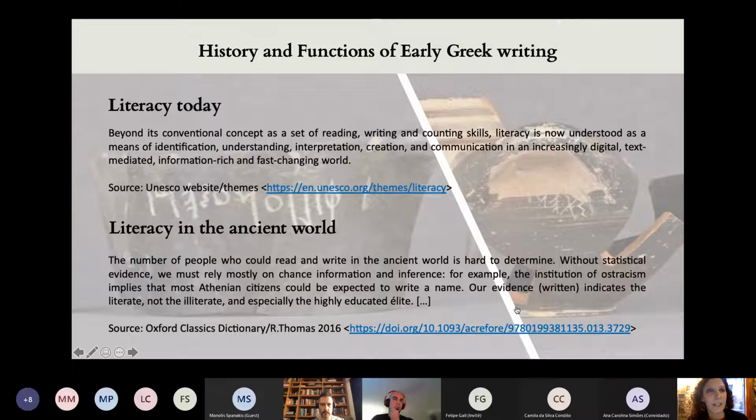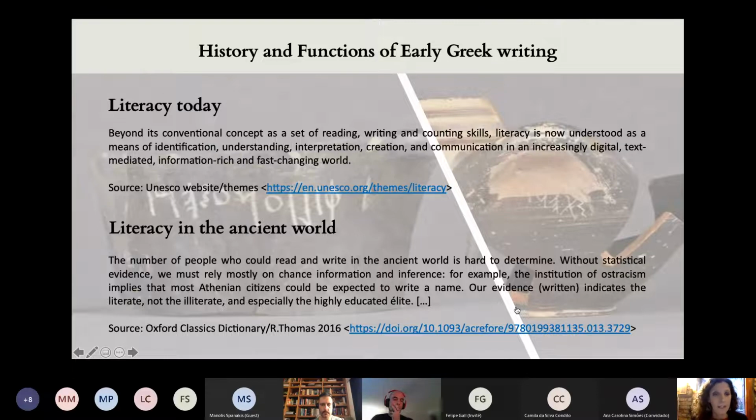Of course, literacy in the modern world is completely different from what we mean for the ancient world. Literacy today is to be able to live in a modern society and to have the skills to not only read, write, and count, but also to be aware of the society in which we live and be capable of interaction with it,